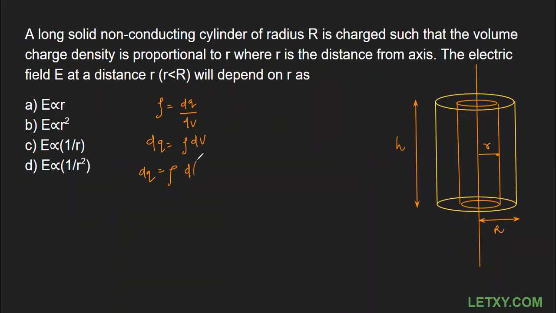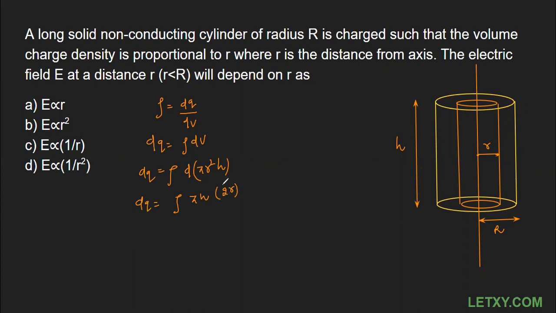So instead of dv, I'm going to write down the volume. I have written the d as it is. We will differentiate it. V is for volume, and the volume of the Gaussian surface cylinder is pi r square h. I hope you all recall that the volume of a cylinder is pi r square h. I'm going to take the small r because we have to consider the Gaussian surface only. This is equal to this one. Now I'm going to differentiate it. Pi is constant and h is constant. They are not changing, but r will change. In the beginning r is 0, and at this point r is small r. So I'm going to differentiate.